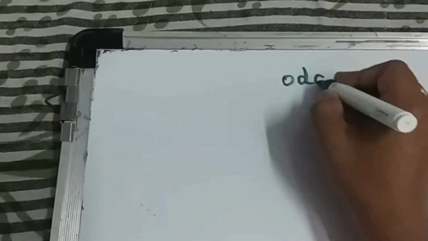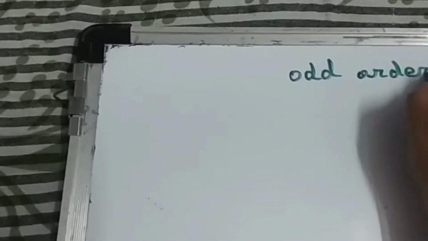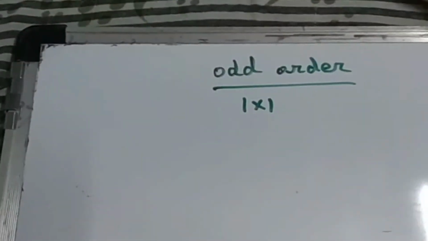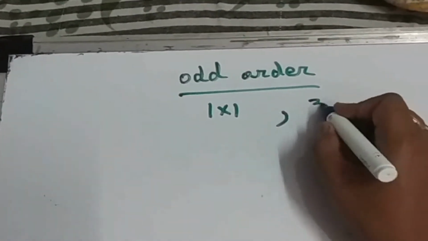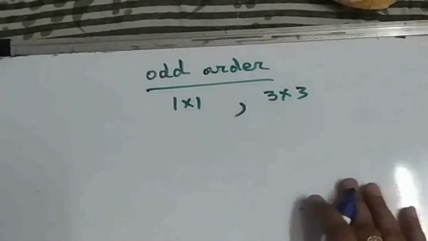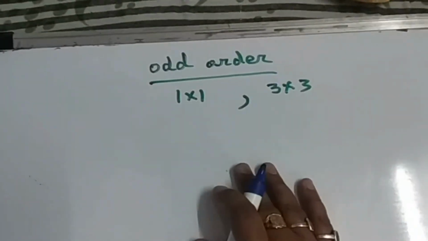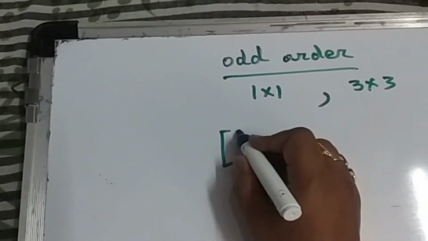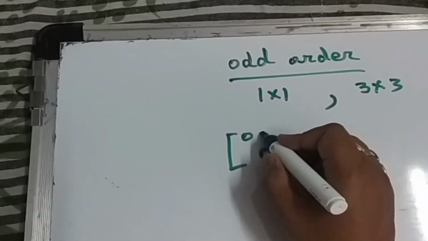Now the last property was the skew symmetric determinant. I want to tell you something more about that. A skew symmetric determinant, if it is of odd order, means if the determinant is of a 1 into 1 matrix, or of a 3 into 3 matrix and so on. In our syllabus the last thing is 3 into 3. So a 2 into 2 matrix that is skew symmetric is 0, 2, minus 2, 0.